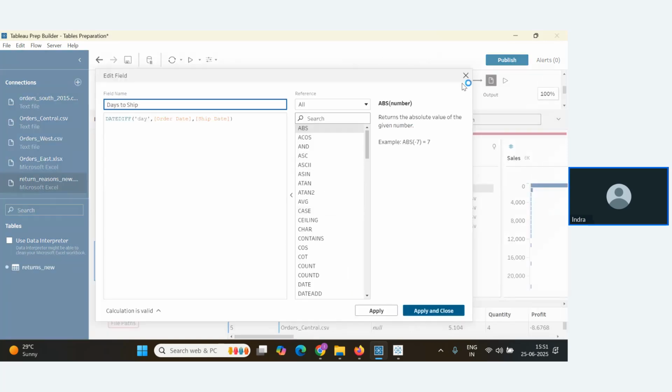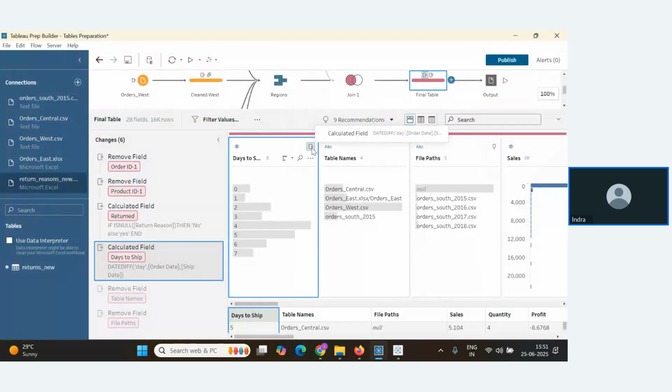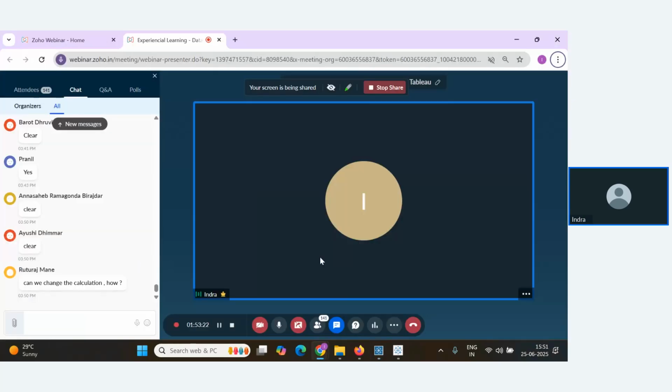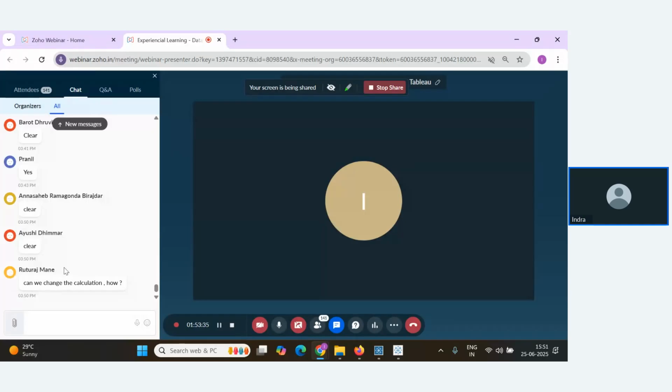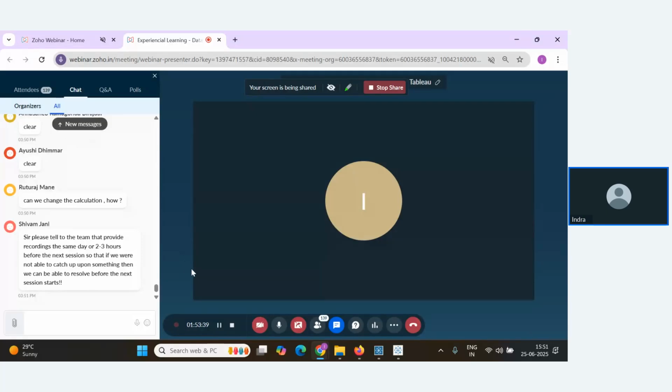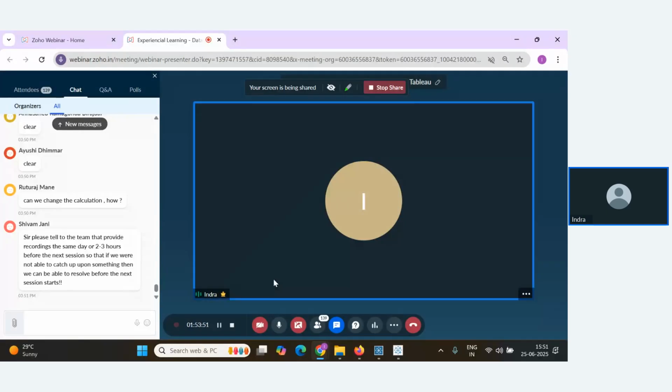You can see, you can change it from here. Okay. The symbol is there for calculation. From here, you can change. Raj. Right. Shivam, okay. I will check with them.